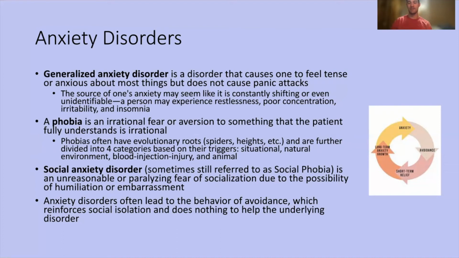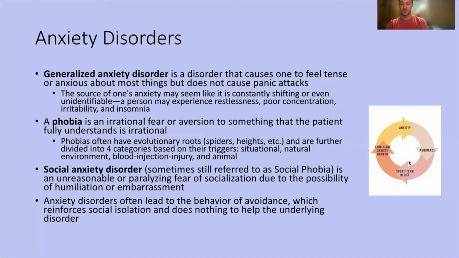So if you look at the graphic that I have to the right, we basically start with anxiety. And if you don't actively work to get rid of your anxiety, it leads to this behavior called avoidance, which means whatever you pinpoint where your acute anxiety is coming from, and whatever that is, you avoid it. So for social anxiety, for example, if you are invited to a party, and you start to get really anxious the night of the party, and you start to think about all these interactions that you're about to have and the possibility that something's going to go wrong and that you're going to make a fool out of yourself, what might you do? You might call your friend and tell her that you're not feeling good and that you're not going to come to the party tonight. You'll immediately feel better,